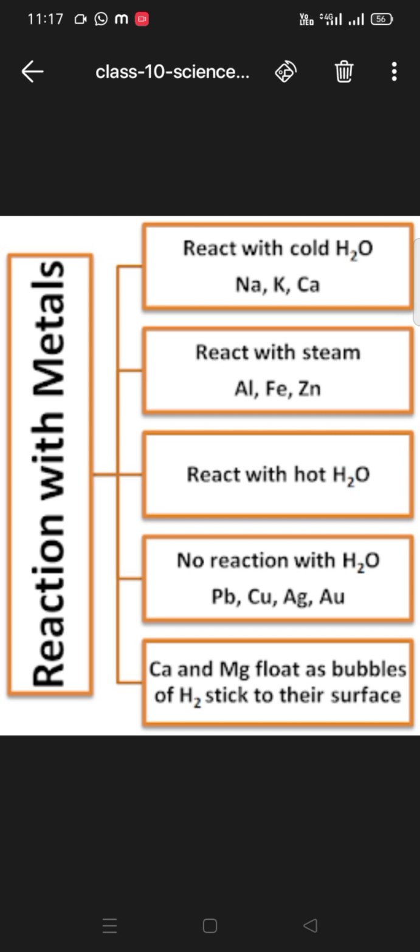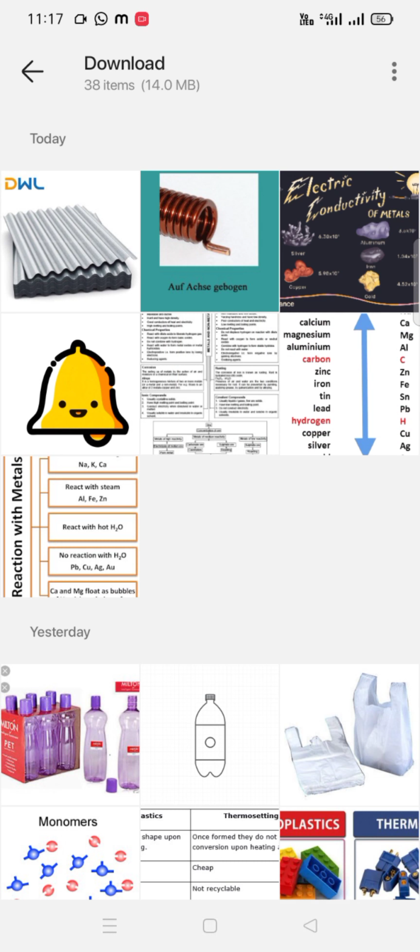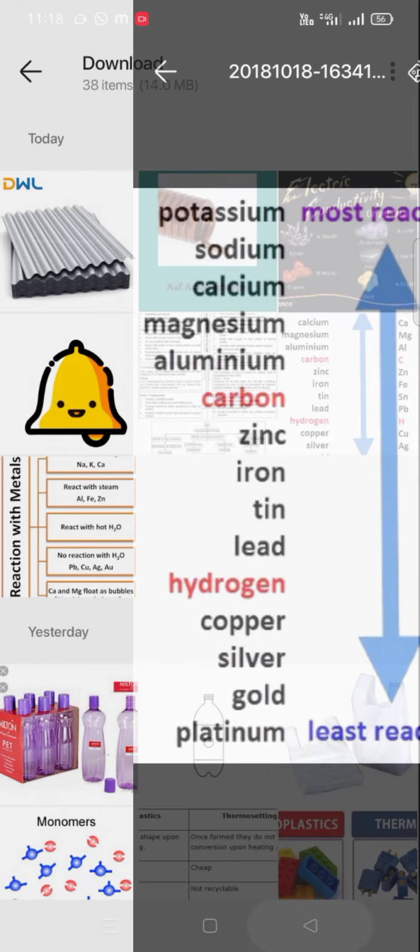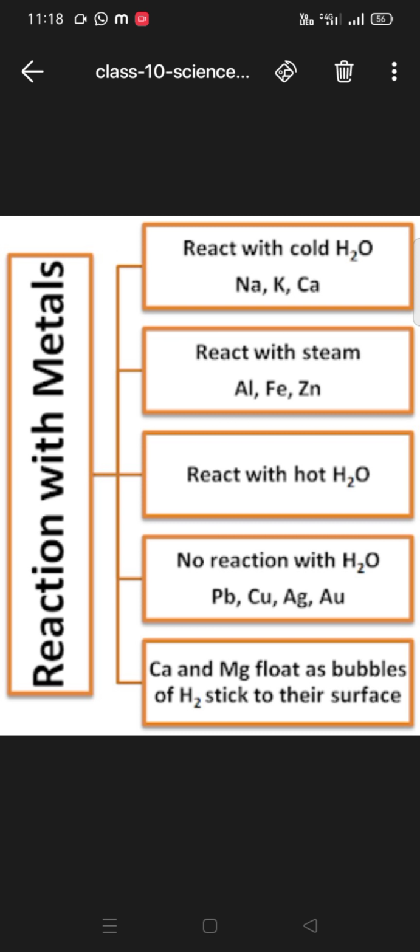Reactivity series. Now the first three elements, that is sodium, potassium and calcium. These three metals, at least, they react with cold water. Now in your house also, if you observe your mother, she boils water, just to give an example. Every person in your family